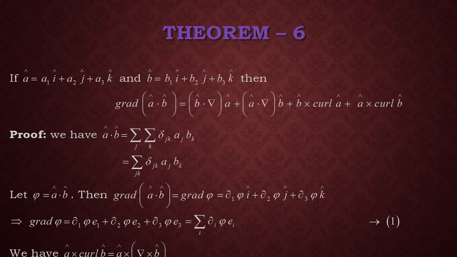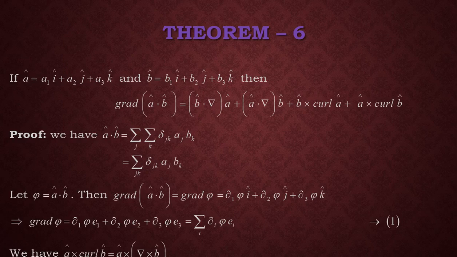But the LHS of our vector identity in the given theorem is the gradient of A cap dot B cap. That means we have to find the gradient of phi, because we supposed that phi equals A cap dot